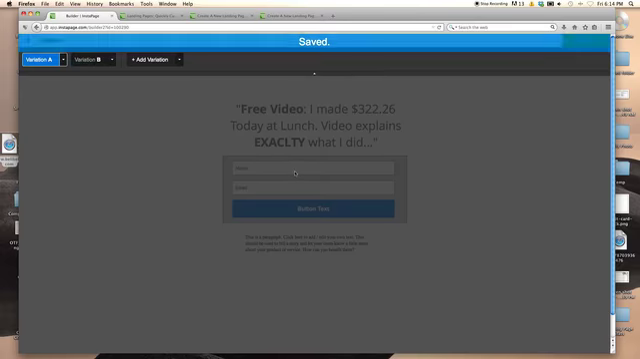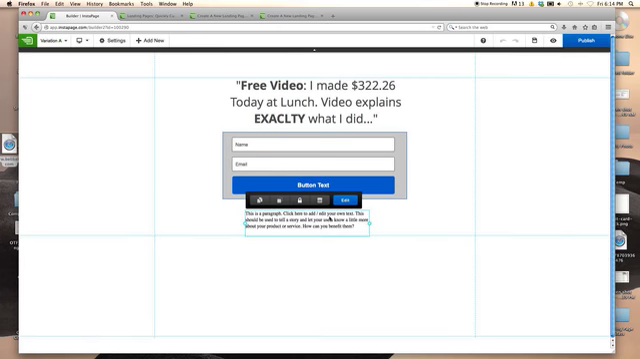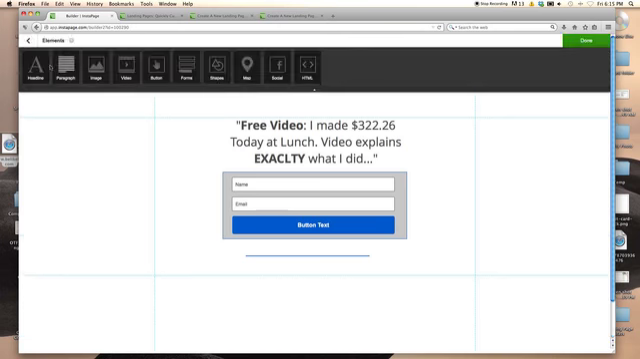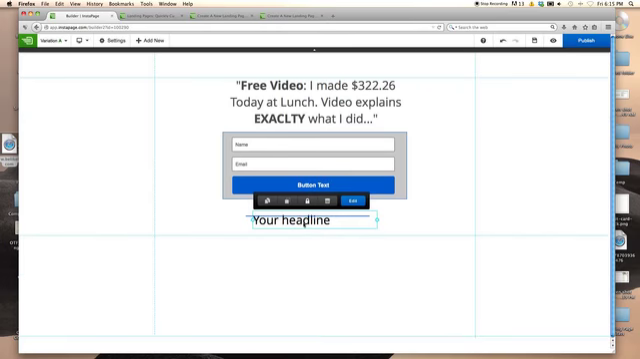Variation B. Okay, we're gonna go edit. Well, this is weird. Okay, so for whatever reason this paragraph button is not coming up. So here's what we're gonna do. Instead we're gonna go add headline. Your headline is essentially just text. And so what your headline is going to say is,